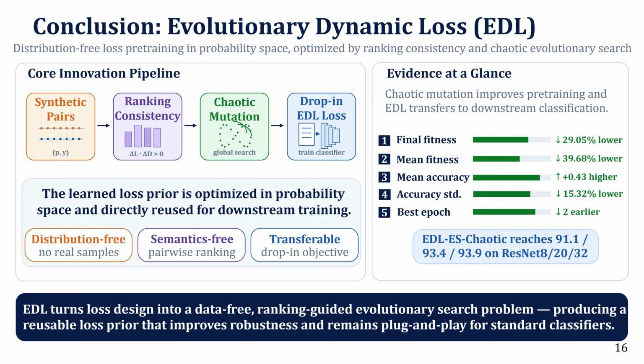To conclude, EDL learns a classification loss directly in probability space. It uses synthetic prediction label pairs and a simple ranking rule: harder predictions should receive larger losses. Then it uses evolutionary search with chaotic mutation to find effective loss shapes. The learned loss can be directly used as a drop-in objective for standard classifiers. Overall, EDL turns loss design into a data-free, ranking-guided evolutionary search problem and produces a reusable loss